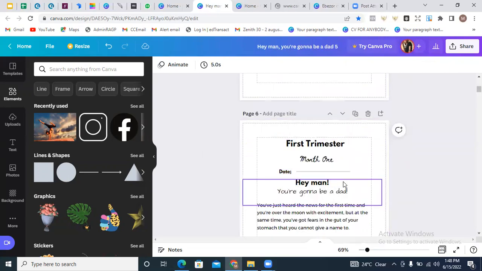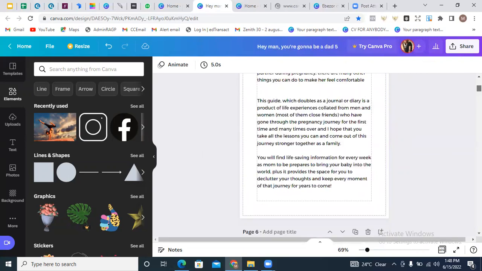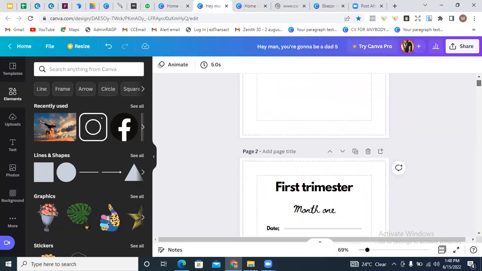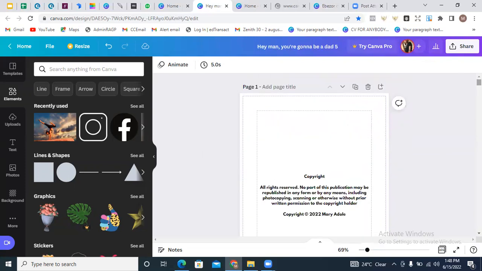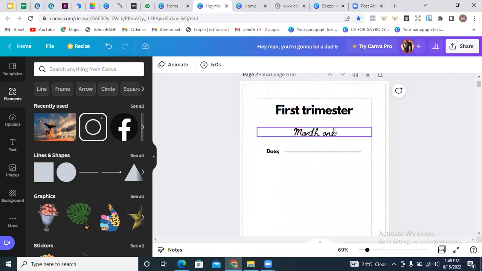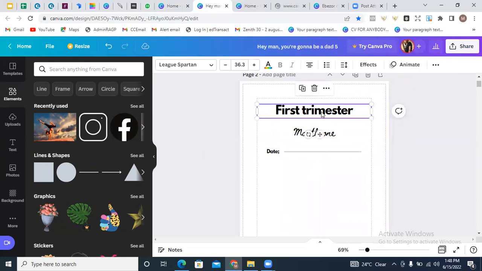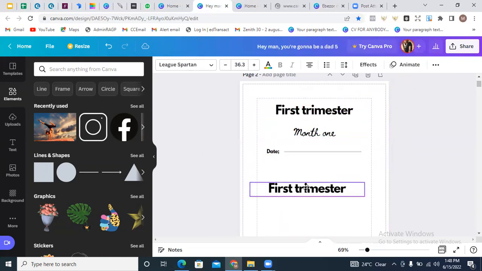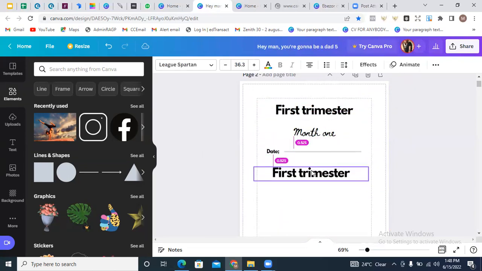So, "Hey man, you're going to be a dad." That's the title. So it actually depends on whatever it is you're writing. It depends on your style. It depends on what you want to make your style to look like, right? So I'm going to duplicate this again. I'll come here and